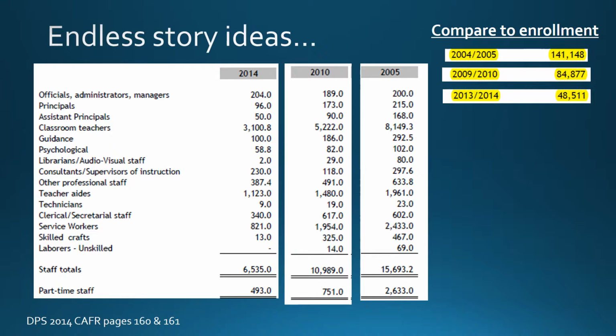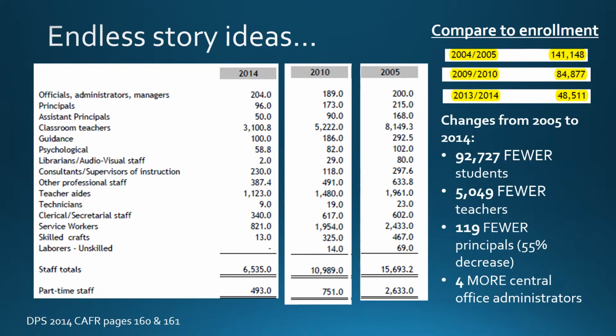there were 2 librarians in a school district of 46,000 students in 2014. In 2005, there were 80 librarians. And more shocking is there was 200 central office administrators in 2005, and there were 204 administrators 10 years later. Somehow they have 92,000 fewer students, 5,000 fewer teachers, 119 fewer principals, and yet Detroit Public Schools grew its central administration by 4